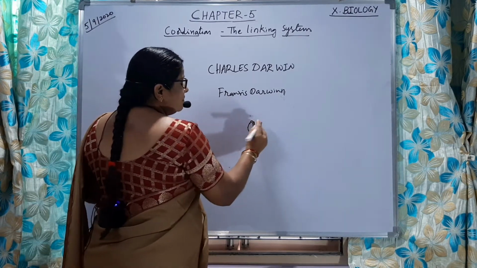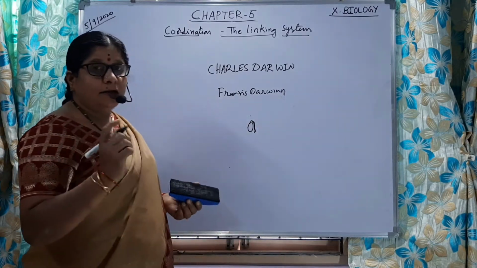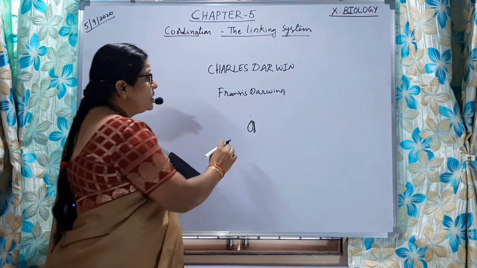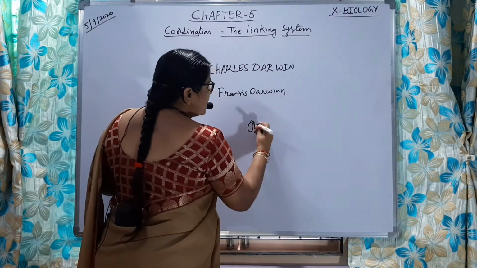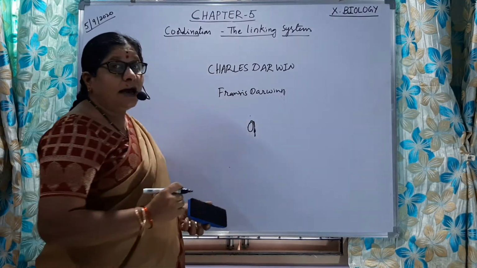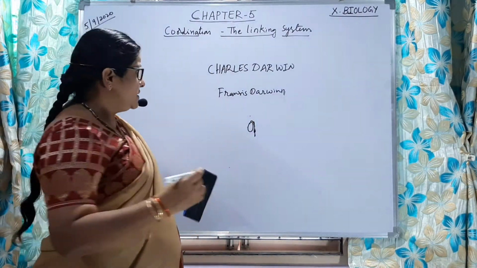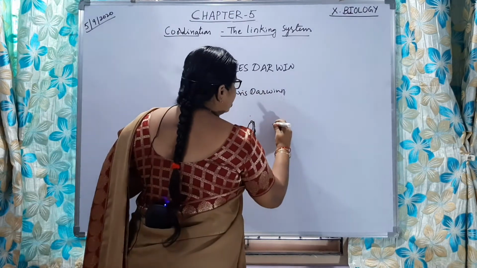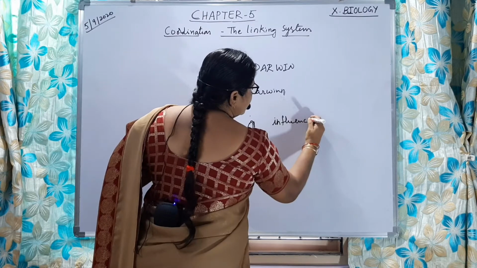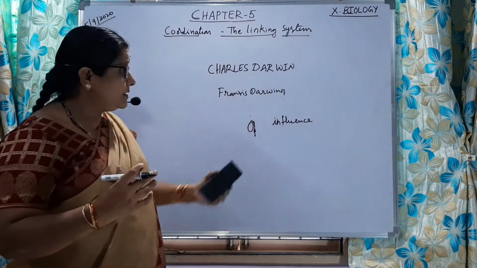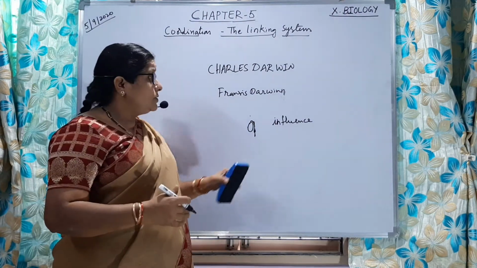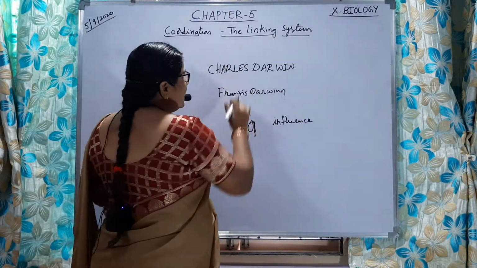What they observed was that when it was covered with silver foil, the direction of growth towards light was not the same. When light was passed on it, a fast growth rate was observed. That is because of some chemical influence. So they said that some chemical influence is making that plant part grow towards light. That was given by Charles Darwin.